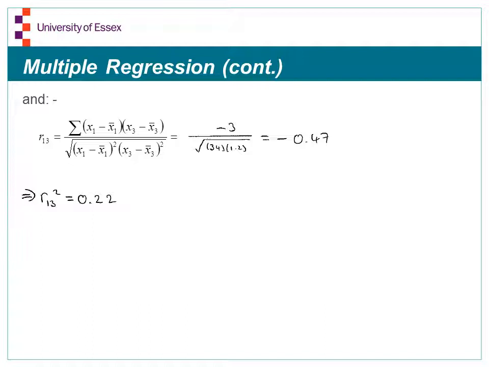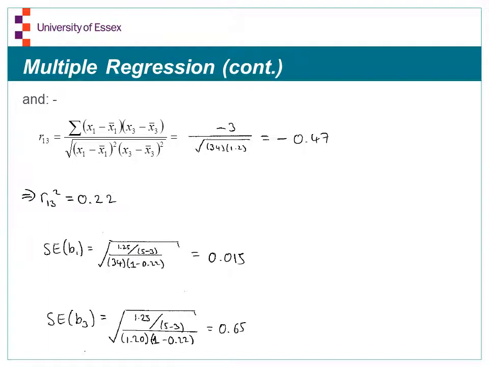So I can get an r13 squared, and when I've got all this information, I throw all of this into the equations for standard error of beta 1 and for the standard error of beta 2, and I get 0.015 and 0.65 coming out the end,